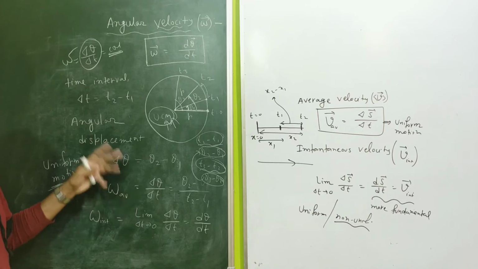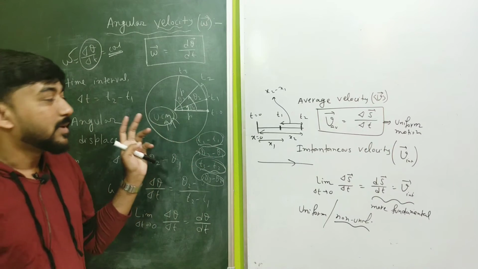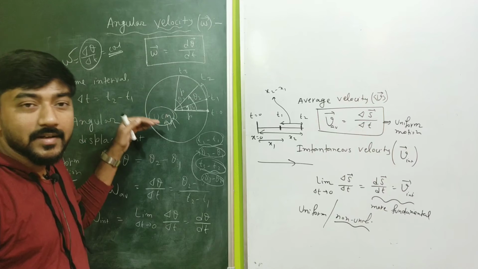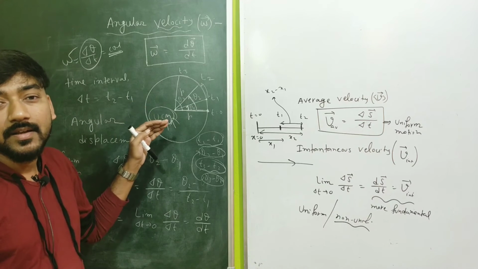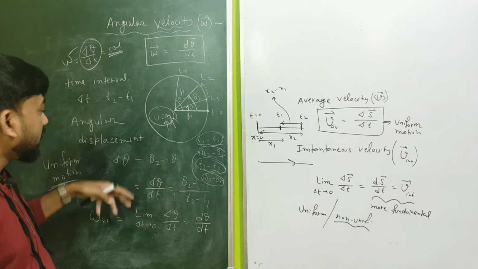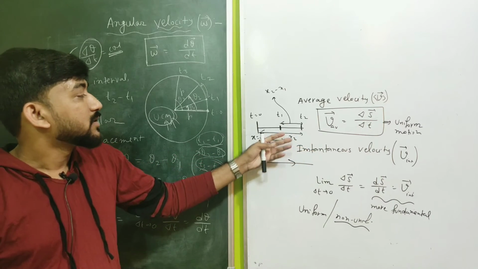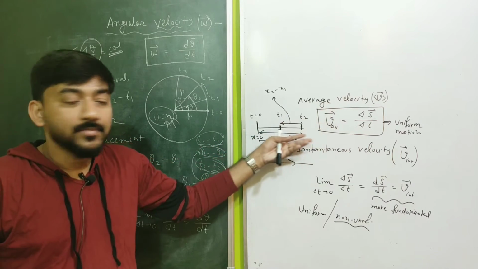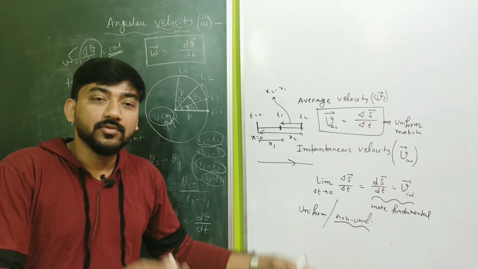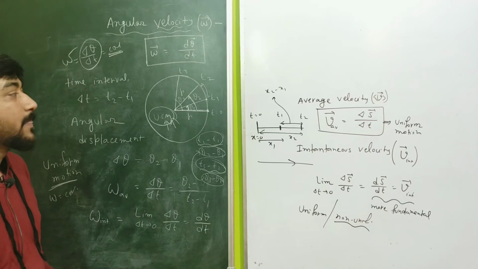This is the definition of angular velocity, and you can always compare it with average velocity. But keep in mind, as I have told earlier, that these are all axial vectors, and being axial vectors, they are obviously pseudo vectors. So something more complicated is happening here. Any displacement, small or large, will be a vector quantity, but here it will not be a vector quantity. That's why everything is more complicated.